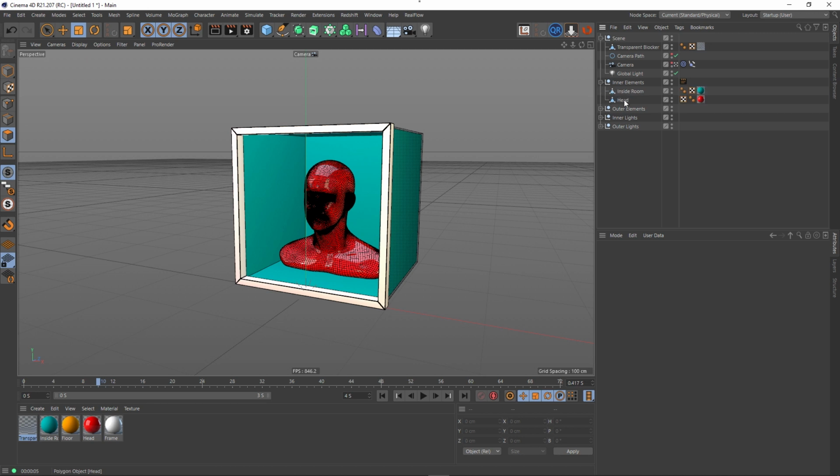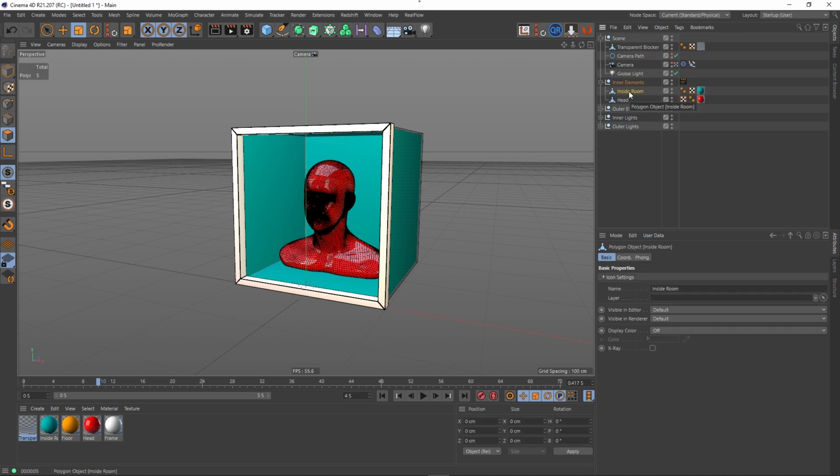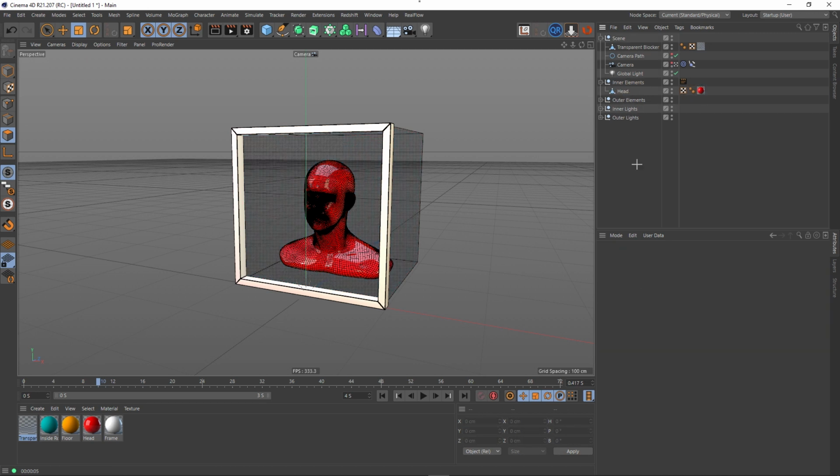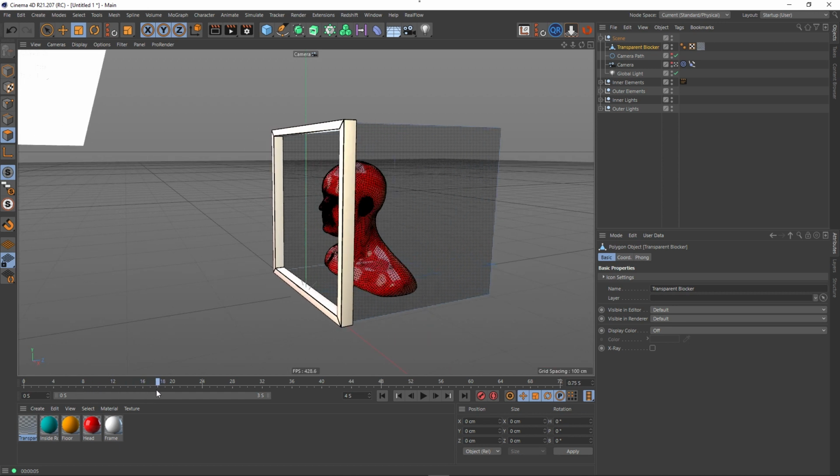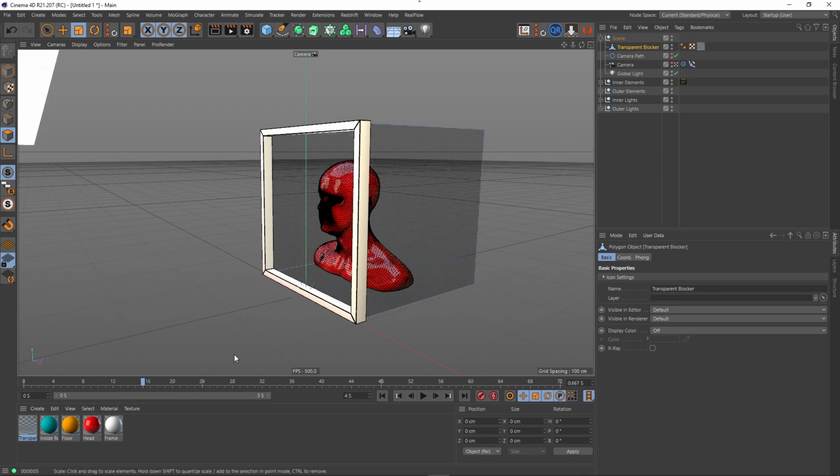Okay, so these inner elements, I'm going to get rid of the room completely, and the transparent blocker as well. I thought, well, we don't want to be confined by this transparent blocker. So what I ended up coming up with was saying, okay, instead of saying that things through transparency aren't visible, what if we flip it and say that things through transparency are visible? So with that in mind, let's come out the camera